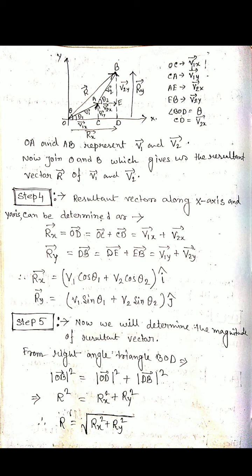So the formula is R equals, whenever we find out the magnitude of any vectors which resolve along two axes, we use this formula, R equals root over of Rx square plus Ry square. When we solve some numericals, then all your doubts are cleared on how we can use Rx and Ry.